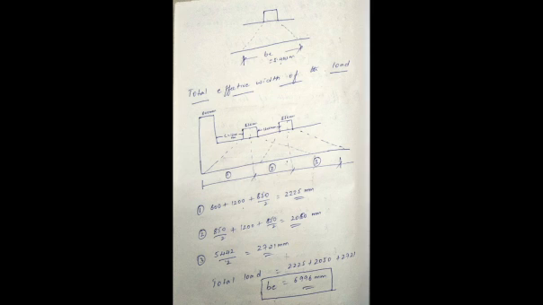The first is from the start of the curb to the center of the first tracked vehicle. So 600 is the dimension of the curb, 1200 is the clear distance, and 850 by 2 because it is the center of the track. That is 2225. The second part is from the center of one track to the center of the other track: 850 by 2 plus 1200 is the distance between them, plus 850 by 2, that is 2050. Now the last one, 5442 by 2. See the third point, circle 3. What is that? We'll have to find out.